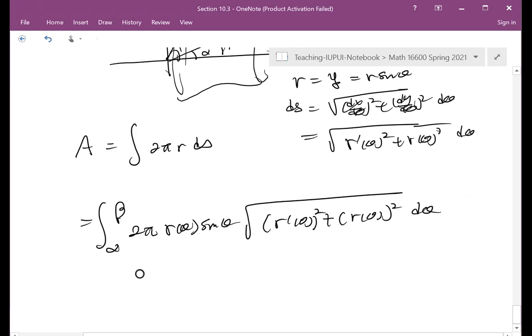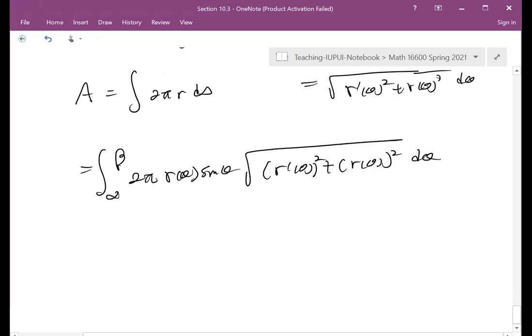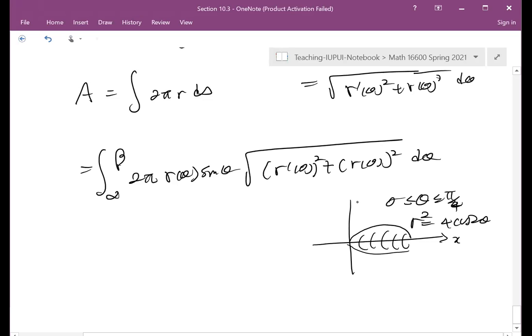You can use one loop and rotate it about the x-axis to get the surface of revolution. Then you can also evaluate the area. So if this is the loop, and theta is between 0 and pi over 4, r squared is going to be 4 cosine 2 theta. That's what we did. Then if you rotate this about the x-axis,